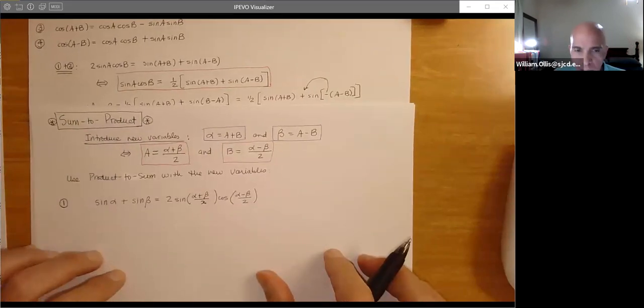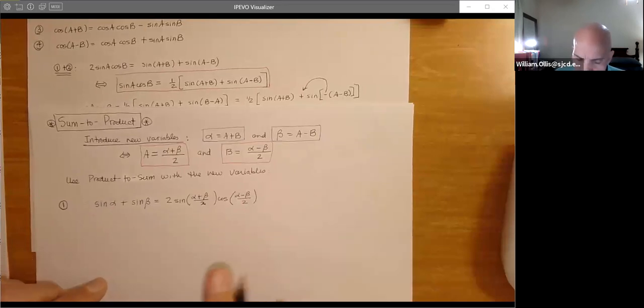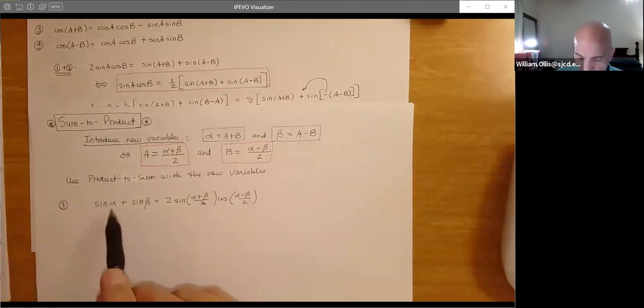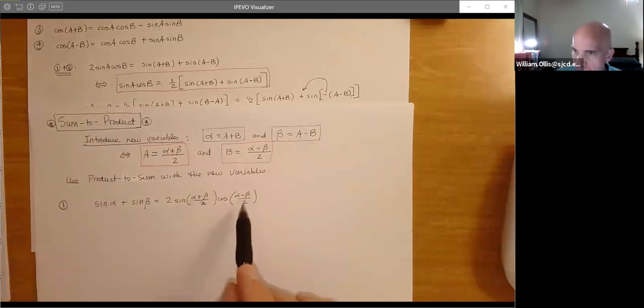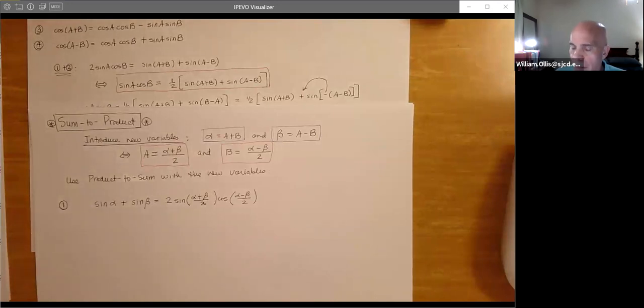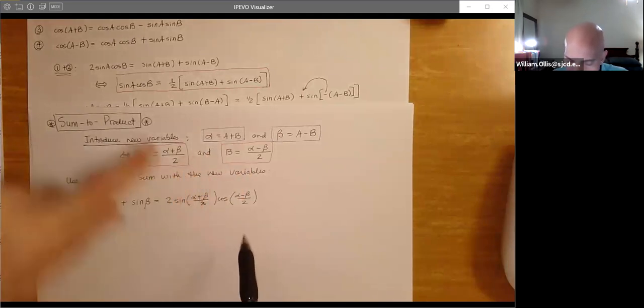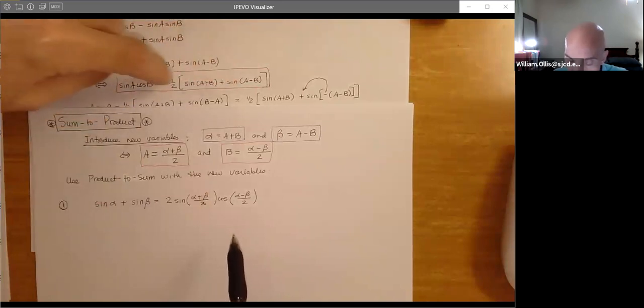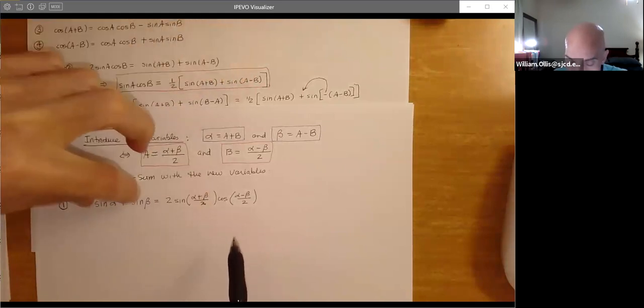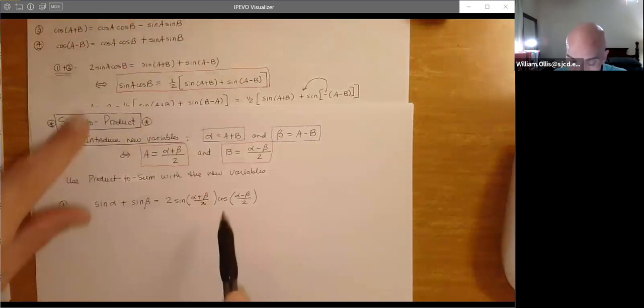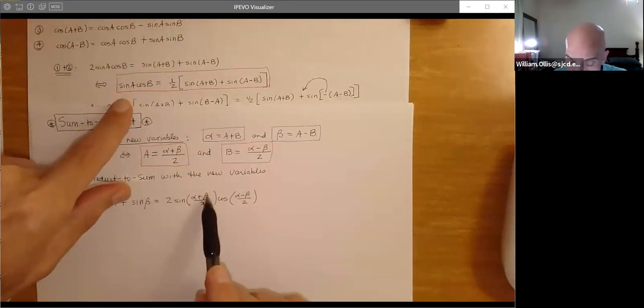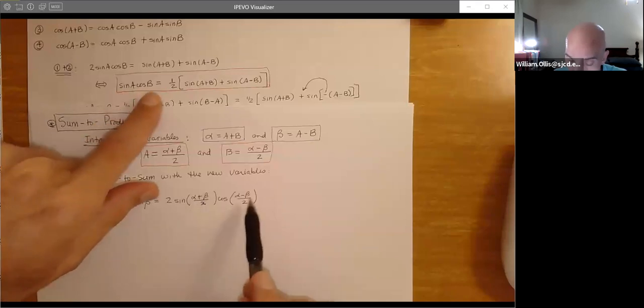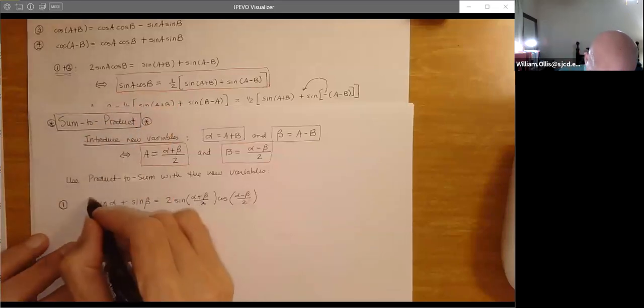So you're thinking, these are really crazy. Now, you're not going to have as many opportunities to use these. And you're thinking, I could do an X and a Y and then X plus Y over 2, X minus Y over 2. Use any letters you like, it doesn't matter. But now what we're seeing is that if we want to make these nice and user-friendly, we make these substitutions and then just take this. And again, the sum here, we isolate by multiplying the product by 2. That again, we have sine of alpha plus beta over 2, cosine alpha minus beta over 2. So there's our first one.